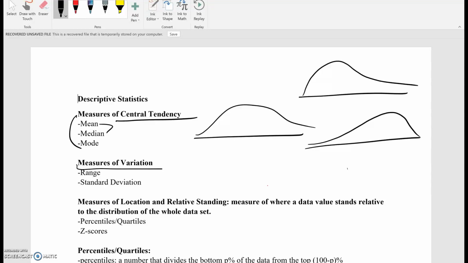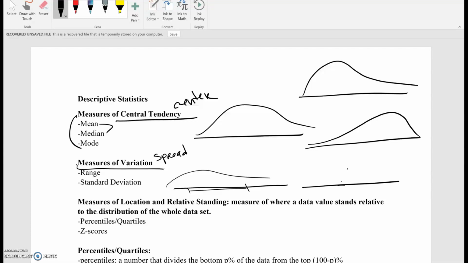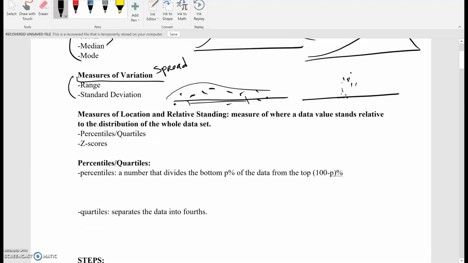Measures of variation talk about the entire graph and how spread apart they are. So we're talking about spread. Here we're talking about center. So are my data points really far away, or are they really close together? Like where exactly are my data points? Okay, so that's what we were basically talking about, and we can describe them using the range and the standard